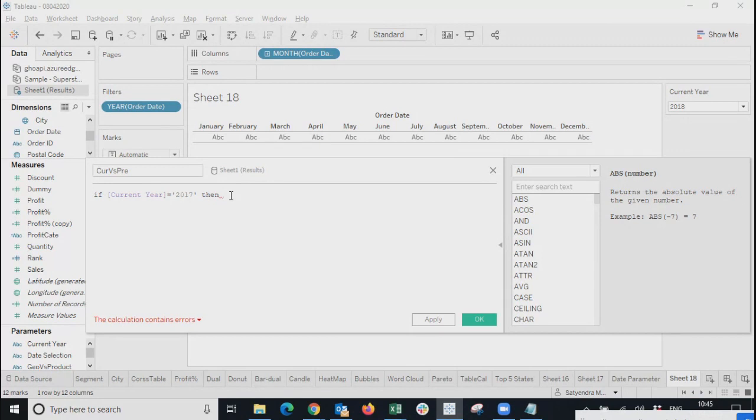Else if means you can have further nested conditions, for multiple conditions. Correct. Okay, let me just think. If it is 2017, what should be? If year is 2000,